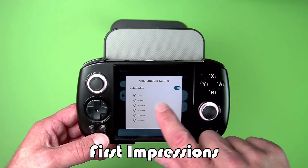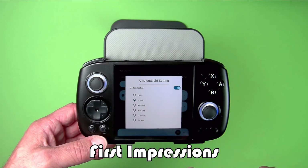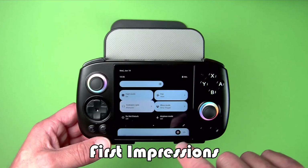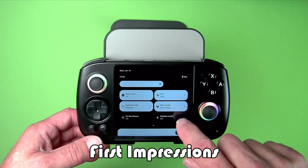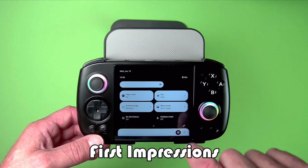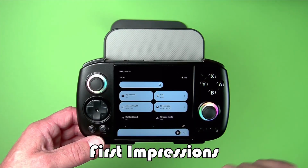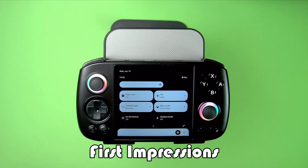Light would just be one color. Breath would be fade in and out. Well, we'll just leave them at the default setting. There's probably more for that in the settings somewhere. Screen recording. Fan is set to auto. If it's like the RG556, the fan's not on all the time. Anyway,